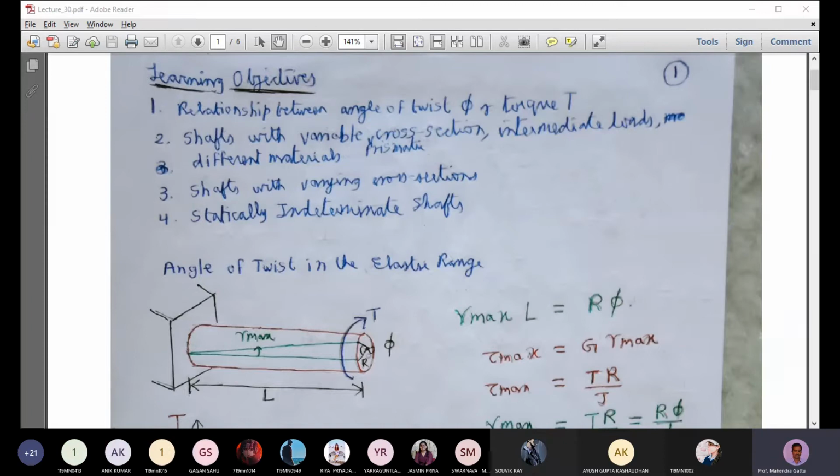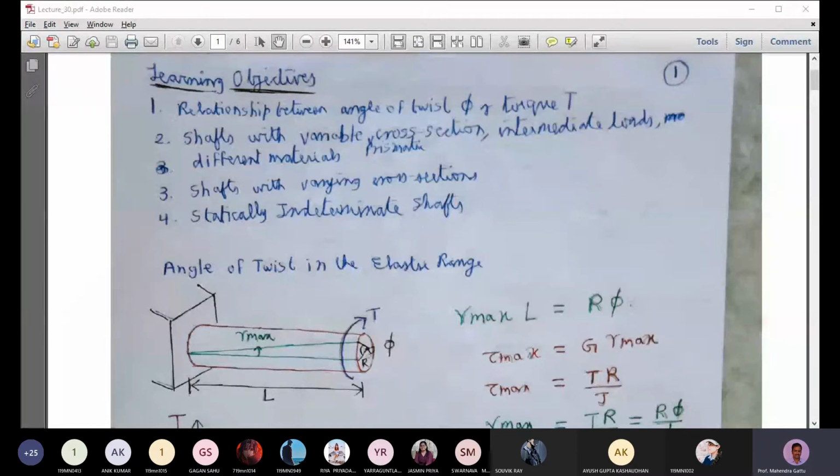So last class we discussed torsion in circular shafts. The deformation produced by the twisting moment is such that the circular planes rotate about the axis of the shaft. All points in the circular plane rotate by the same amount, and the points continue to remain on that circular plane. They don't move out of plane. Okay, they remain in the same circular plane.